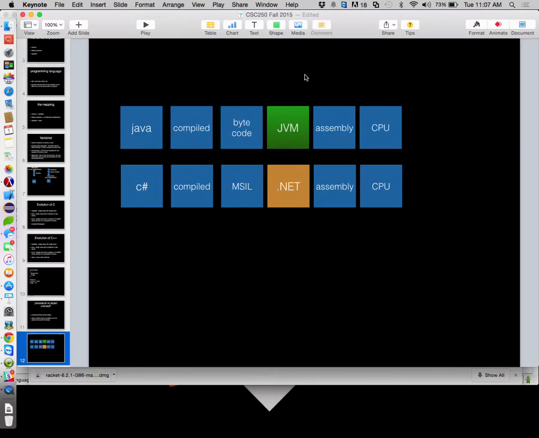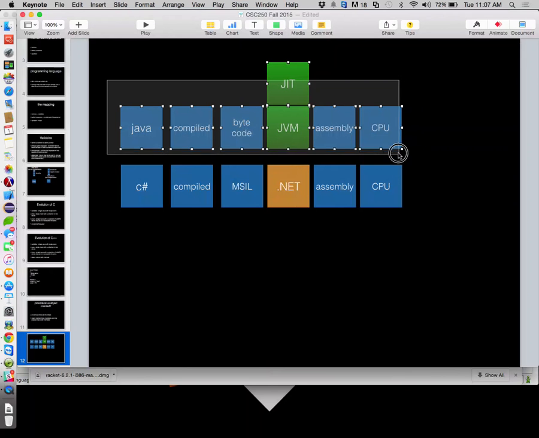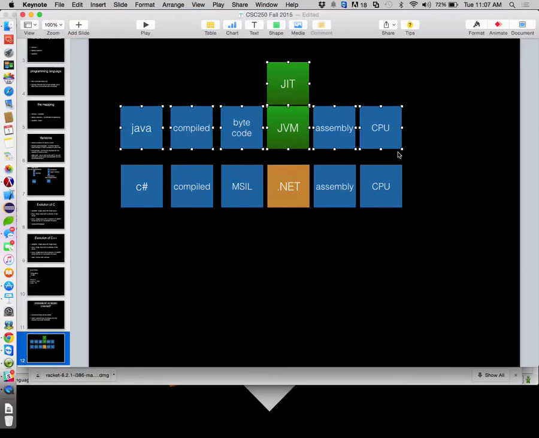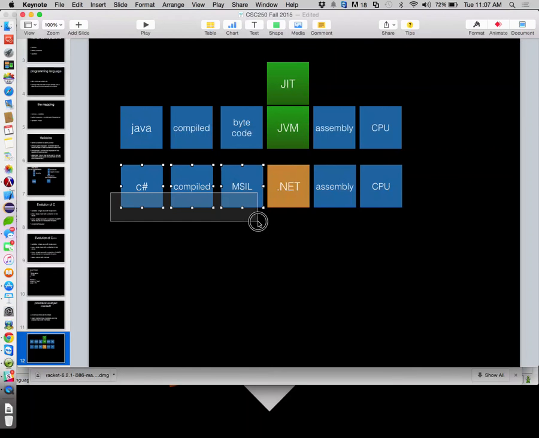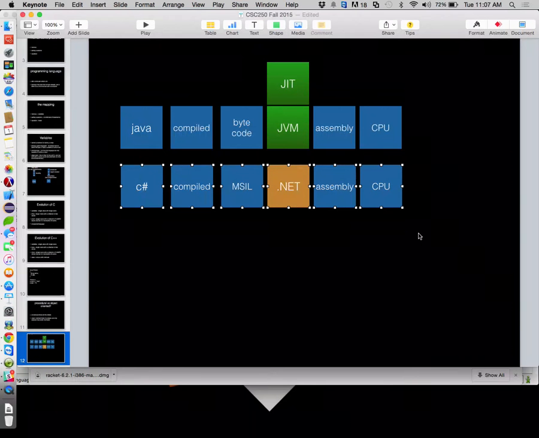All right, and Java learned some stuff from this. They introduced something in here called just-in-time compilers, JITs, that try to sort of kind of help a little bit to improve performance, let's say. But again, Java is platform independent, so that's supposed to be really, really good because you can write your applications once and run on any platform. C#, according to Microsoft, is platform independent. It runs on any platform that supports the .NET component architecture,